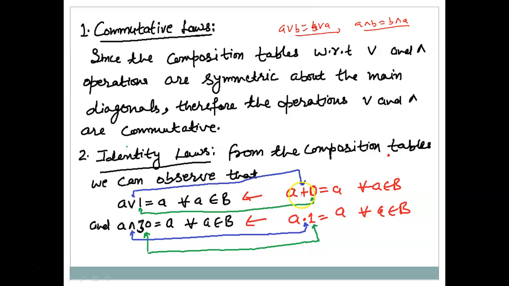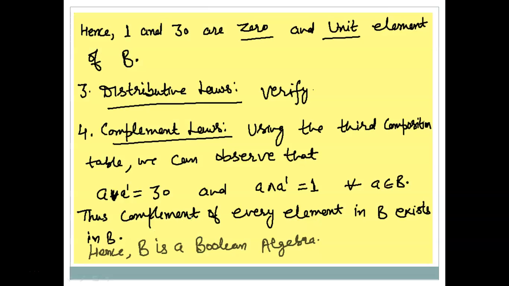So in fact, if I write in the plus or 0 notation, here 0 means 1 and plus means this operation join, and dot means this operation meet, and here 1 means 30. So that is why identity elements exist over here. Here we are calling it the least, or this is the maximum element here. So next, the distributive property can be satisfied one by one usually. You can check it. And the fourth one is the complement laws.